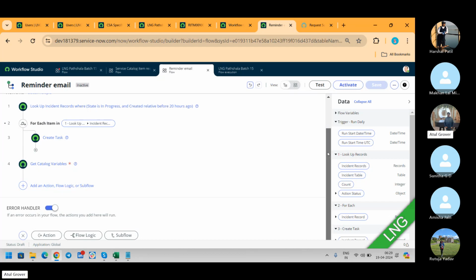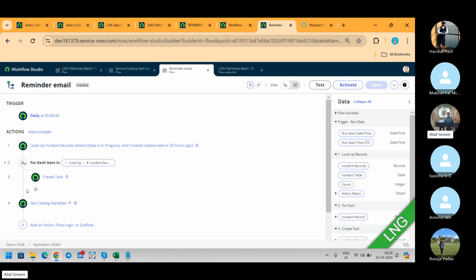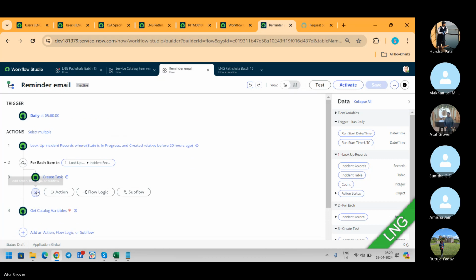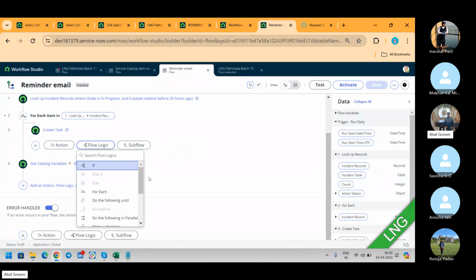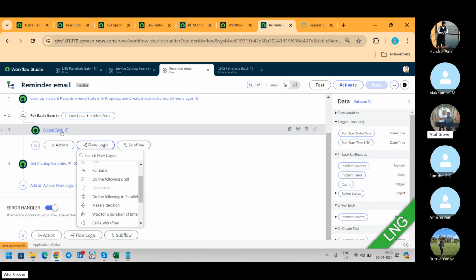Let's say I'm creating a catalog task, and I want to go back to the previous step. So there is a concept called go back to. It is not working on this one. I'm not sure what the logic behind that is, but we can go back to any other step as well. If this fails, then go back. Like in this case, if I can say,